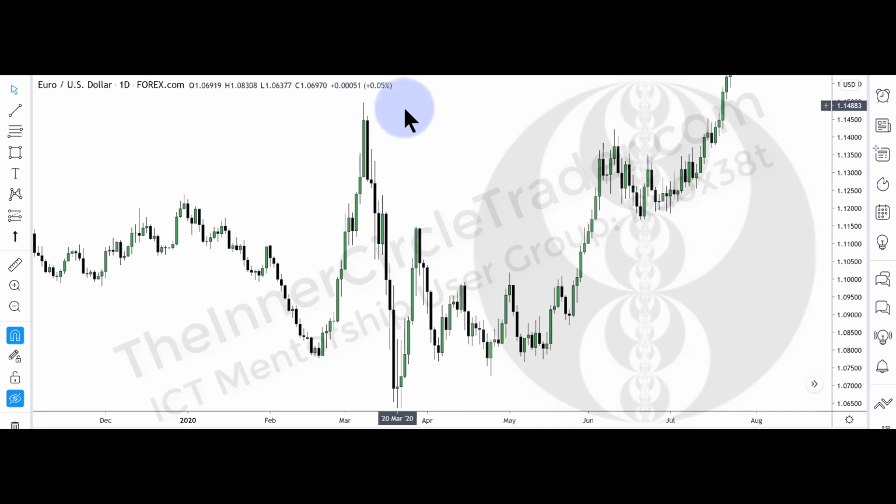Okay, so with that in mind, if this is the beginning, we're going to use the rejection block because we're going to assume that it might not go back above this high. It could fail. So how do you frame probabilities around that and still find opportunities